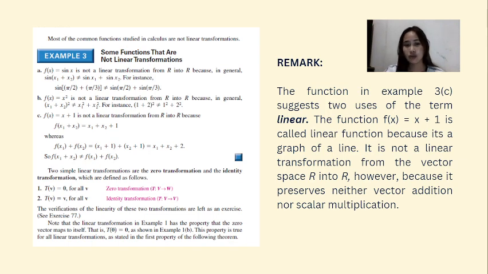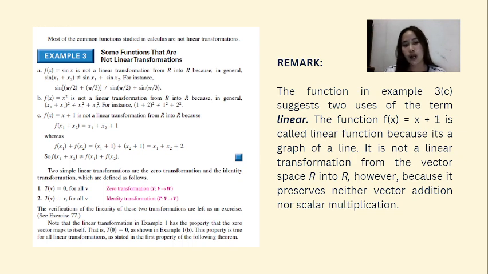because the quantity x1 plus x2 squared is not equal to x1 squared plus x2 squared. For example, the quantity 1 plus 2 squared is not equal to 1 squared plus 2 squared. Example letter C, the function f of x equals x plus 1 is also not a linear transformation from R into R